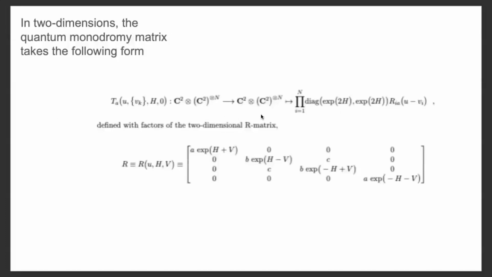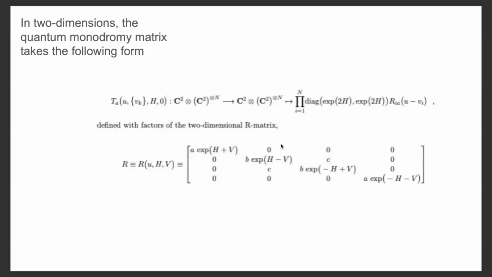And in two dimensions, the quantum monodromy matrix takes the following form, in which, because we introduce the two external parameters or external fields H and V, for the definition of the two-dimensional quantum monodromy matrix, the position U comes into play, as well as the spectral parameters B sub K and the two external fields H and V, which is given as a tensor product in which the pre-image space and the image space are given by the same space, because we're taking the tensor product of C squared, the two-dimensional complex space, tensor product with this same space raised to the tensor product of n into itself, which is given by a 2x2-dimensional diagonal matrix with E exponential of 2 times one of the external fields multiplied by the R matrices,